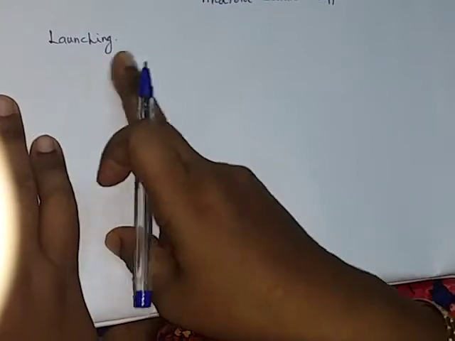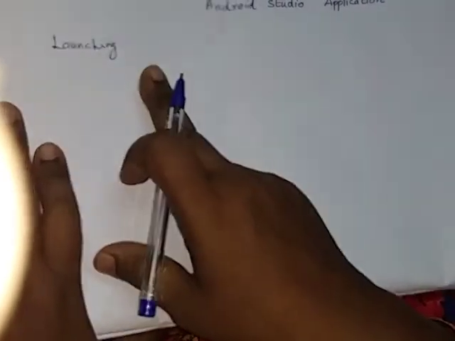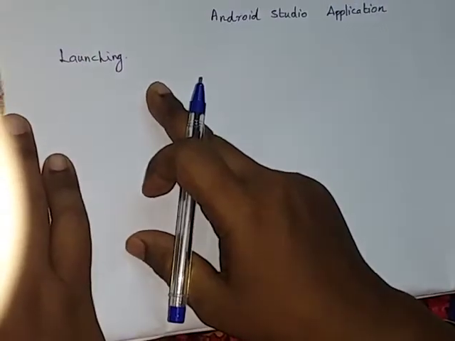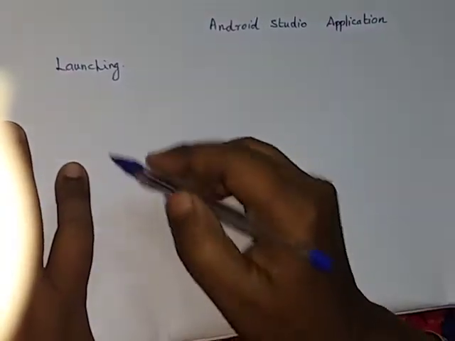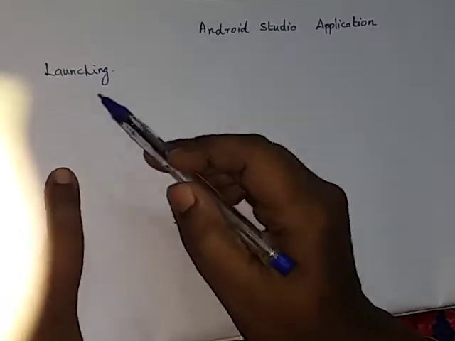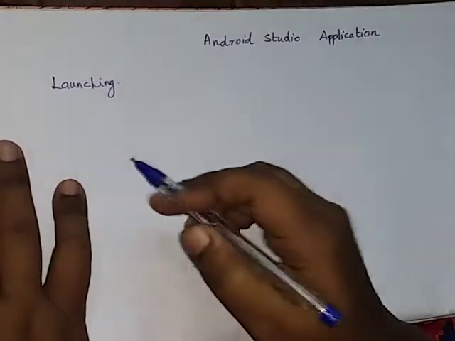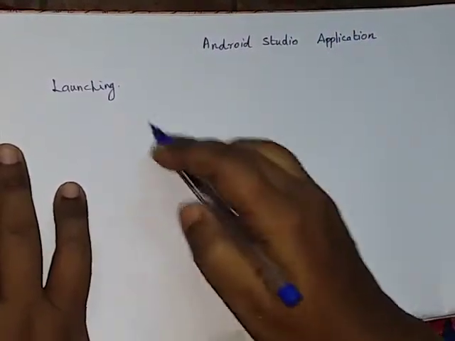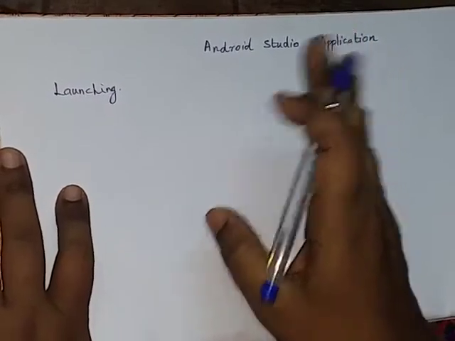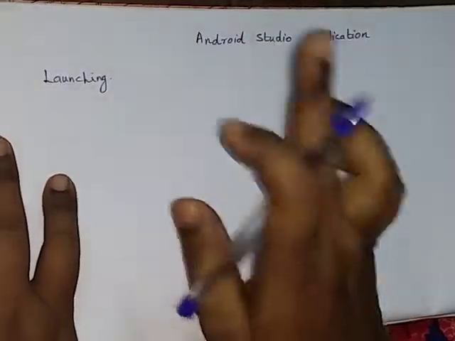So we will be creating an application by going to the File menu, New, Create New Project. In this way we will be creating an application. Then we have to launch our application. That launching is using the debugger in Android Studio. We will be debugging, then running the application and seeing the output in a virtual device. A virtual device is a device that is not real, but it shows the screen of the actual device. In one of the virtual devices we will be testing our application. That is known as launching.